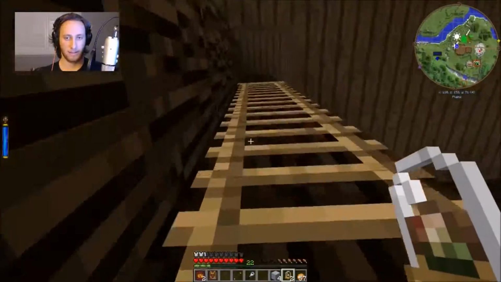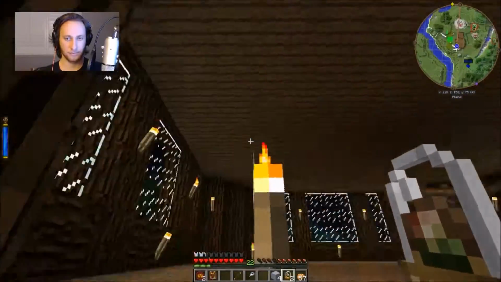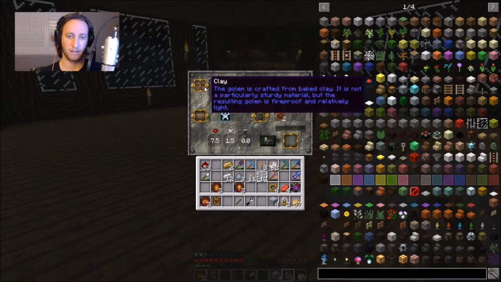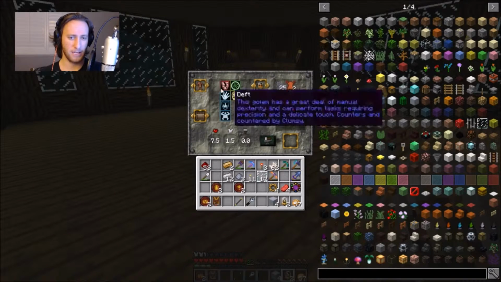So, let's see what we got. We need to make bowls. That's right, I totally forgot about that. And a chest. We need greatwood planks, 2 leather, and pretty much all the easy stuff. Oh, wait, no. Sorry, that's right. We need to make a clay golem. But we could make...